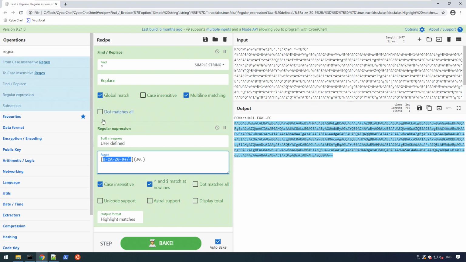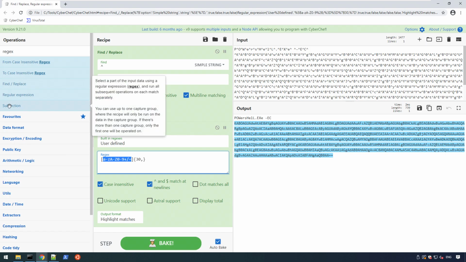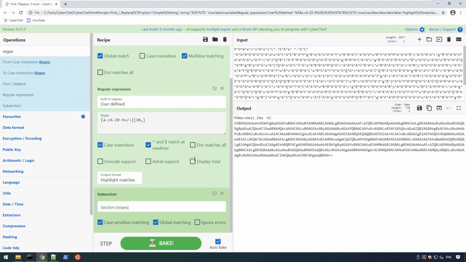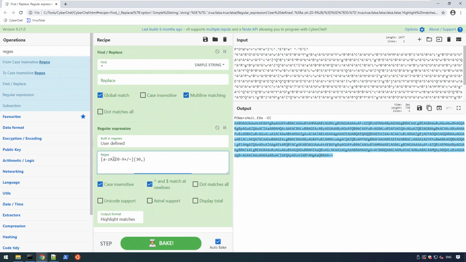The other reason that I found is that CyberChef is slightly inconsistent. If I was to use a subsection, let's pull the subsection down here, you can see that the default selection is case sensitive when matching, whereas the default for regular expression is case insensitive, which is the polar opposite. So if I'd just typed without the capitals and decided to use a subsection, then it wouldn't be working. And I may spend wasted time trying to troubleshoot what I've done when it's simply a matter of not having the right character set in the first place. So I find that the extra half second it does take me to type that saves me some pain